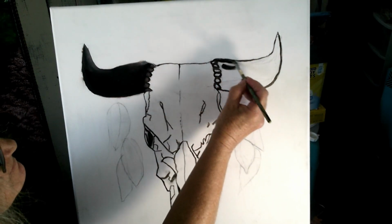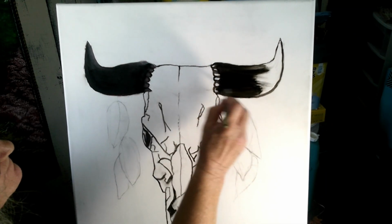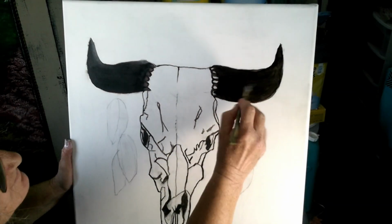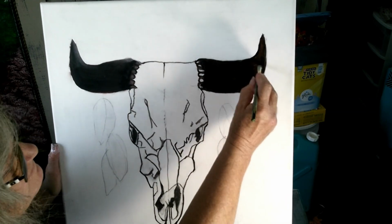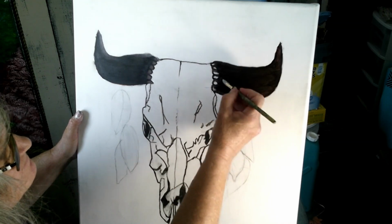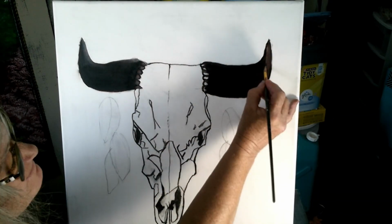final painting. And right here I just mixed a little bit of the burnt umber and the marsh black, and this side's going to be lighter because this is the way the sun is shining. We're going to have the sun coming from the right, so on the right side, it's going to be brighter than the other side, a little lighter, and we'll highlight that. But right now we're just getting the color in there, still using that same about a half inch straight edge